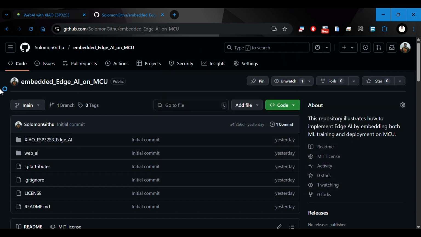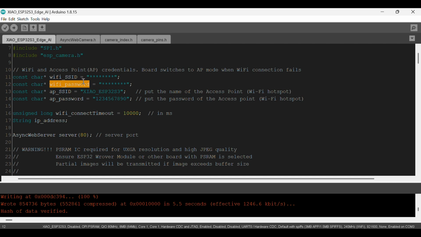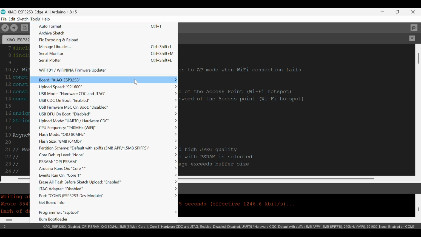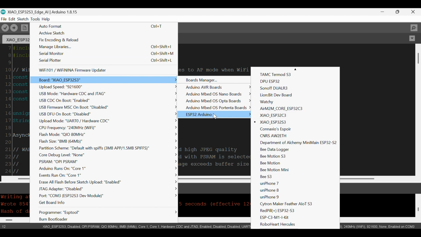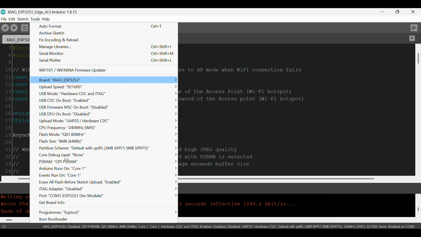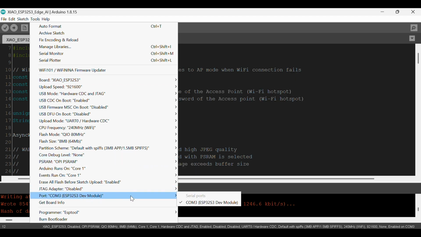The first thing is to clone this GitHub repository, which has an Arduino sketch and also web files for serving a user interface. In the Arduino code, we need to paste the Wi-Fi credentials that you want the XIAO board to connect to, and we need to also ensure that the ESP board has been installed, and we select the XIAO_ESP32S3 board. Ensure that PSRAM has been set to OPI PSRAM and select the correct COM port of your